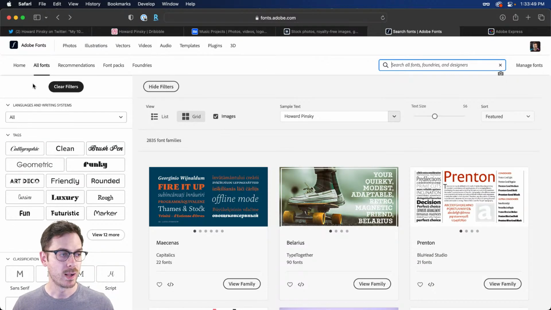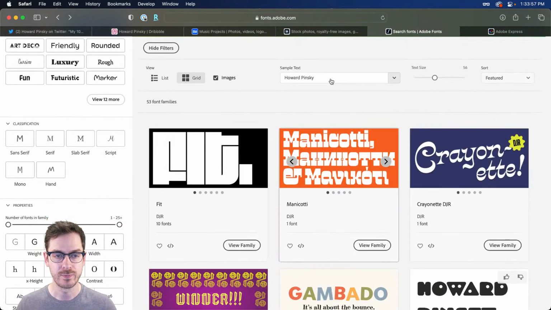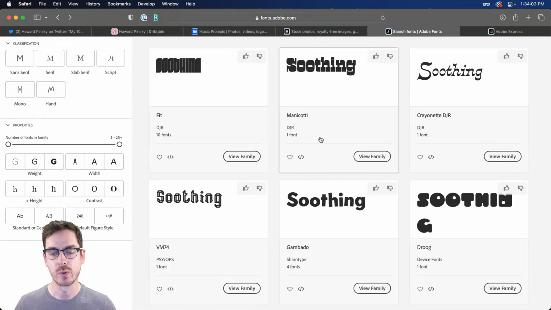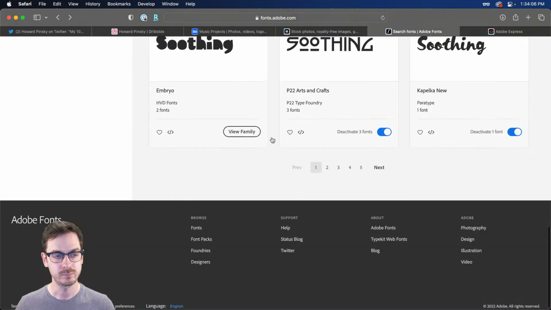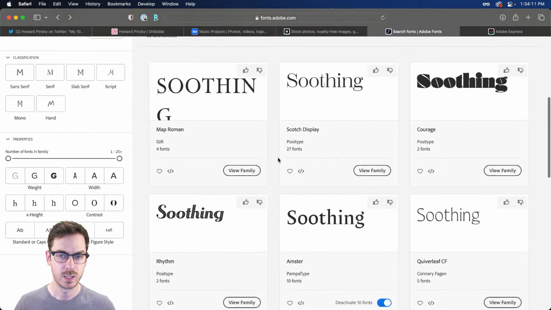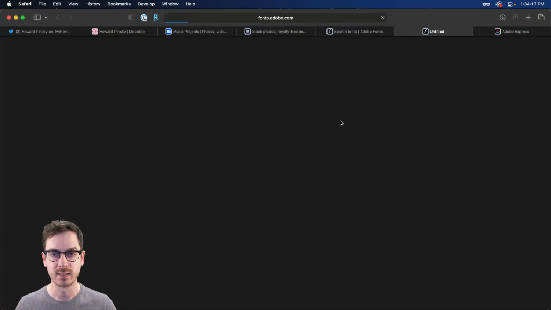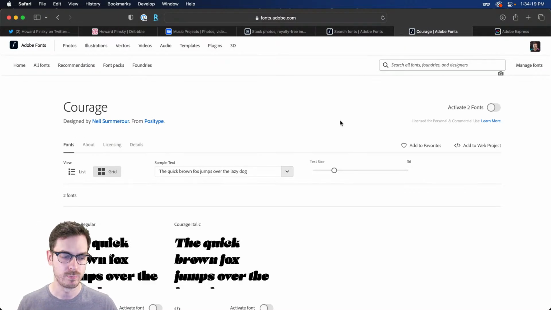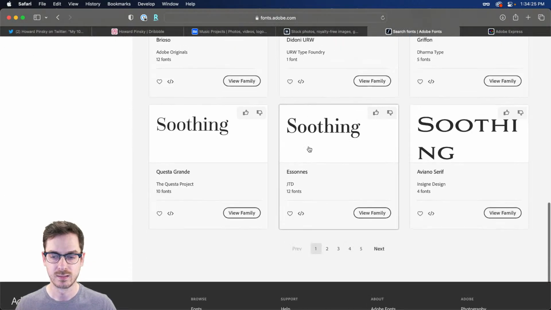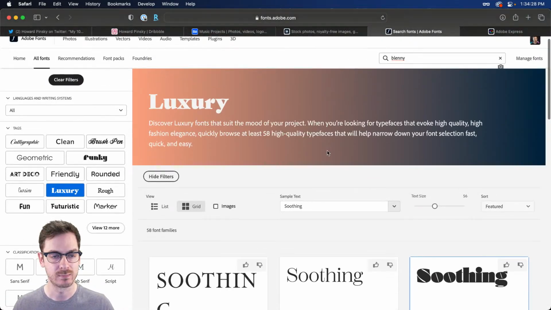But you can also go to the all fonts section and you have this whole section over here to the left where you can kind of filter by tag. So if you want more of a funky typeface, and you can type out something like soothing, right? Now, of course, a lot of these are just not going to work for what we're working on, but some of them might, right? We can try something like luxury. And we have some interesting, this one's kind of cool too, courage, right? And some of them have different weights as well. Some of the display typefaces are more or less the way they are, but this one has regular and italic. Some of these are kind of fun. I can spend hours just looking at typefaces.